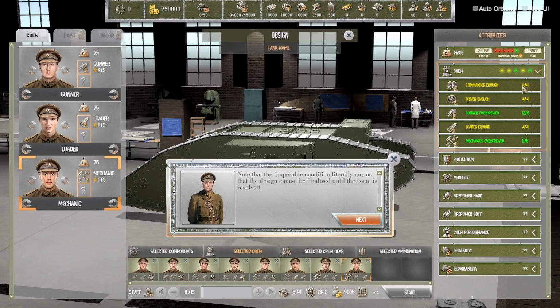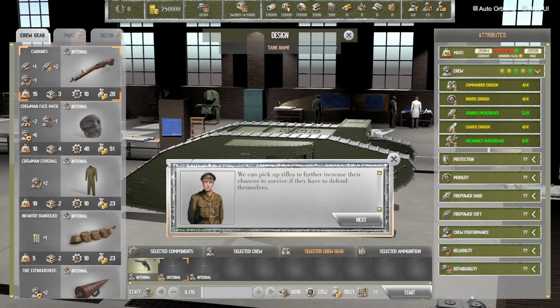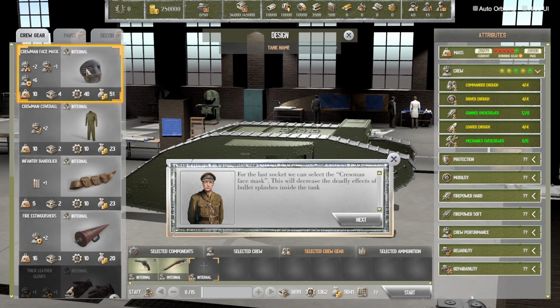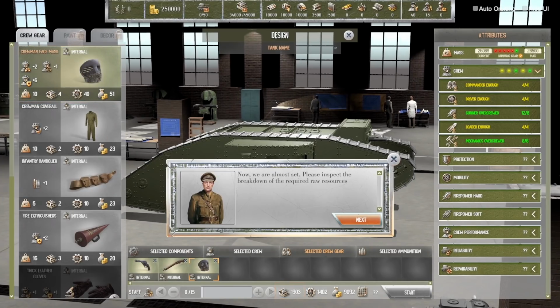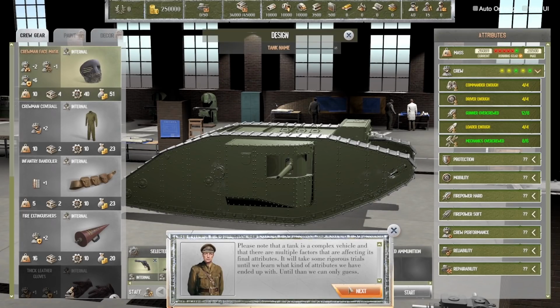Now we want to look at crew gear. Wow, we're going to give our crew gear too? That's crazy. Revolvers and carbines. Face mask. Okay, so that's how long it's going to take to break things down. That's what its cost will be. Finalize the design. We'll go ahead and call this the...